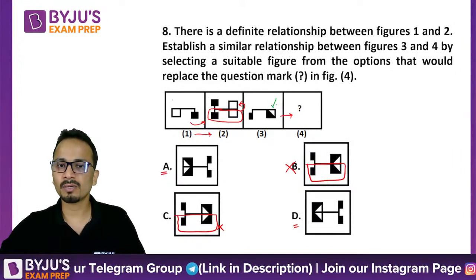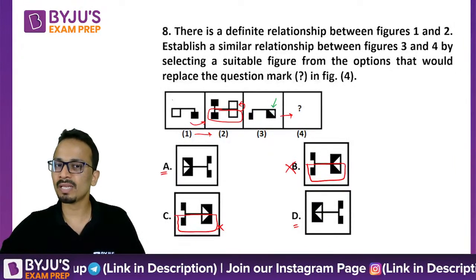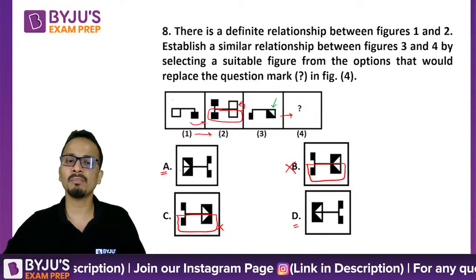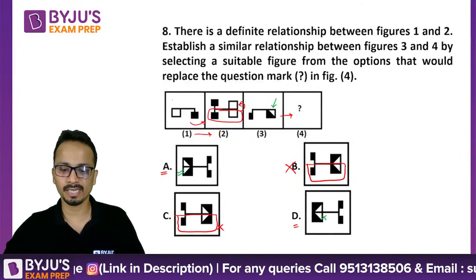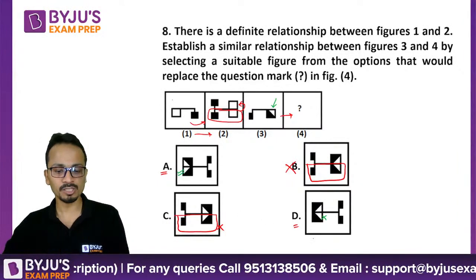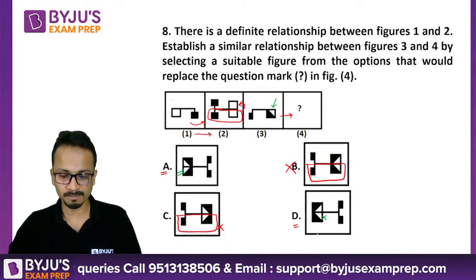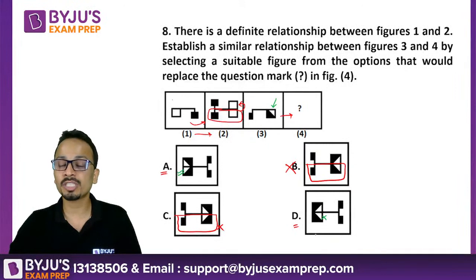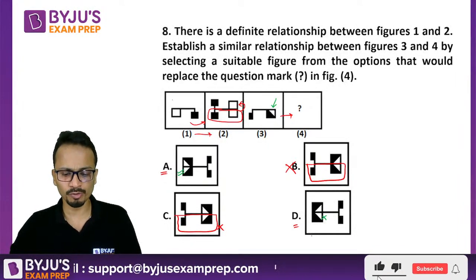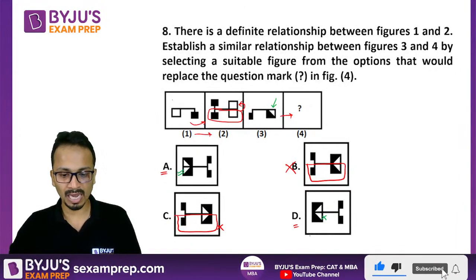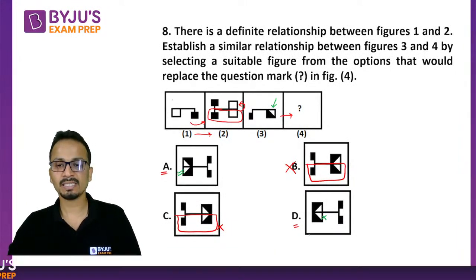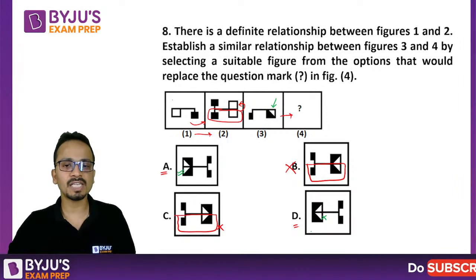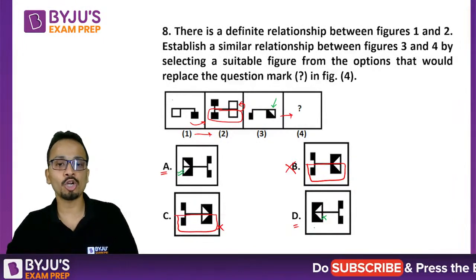So this hollow part, the white part, should come on the outer side here and not on the inner side. Okay, so this is the difference between option A and option D. So students who have given option D as the answer, some of you, Swagat, Shubham, Aman, yes, understood why I have selected option A and not option D.